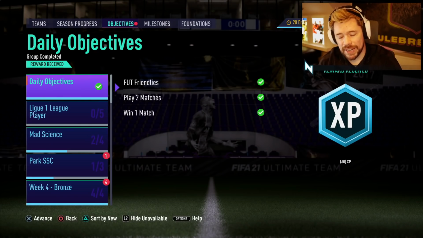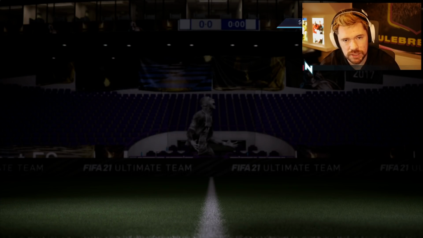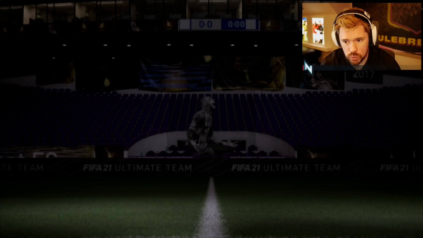All right, guys, welcome back. We have completed week 4 bronze. Play 3 matches. Obviously, we did that with the team for the Akinfenwa, which we've also completed. And that gives us the Team Hullet badge. We also had to score